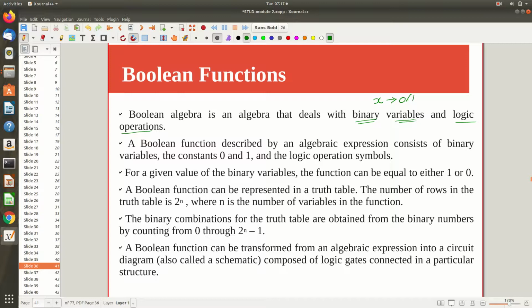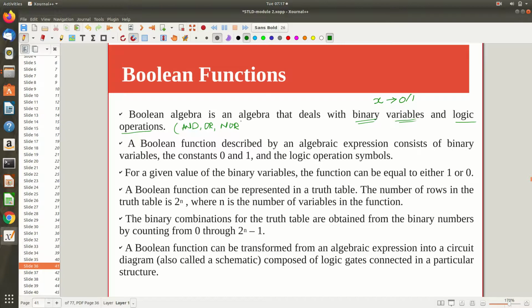So at any point, right? In the normal case, if I'm saying it is a decimal variable, it can assume any decimal number, but here any binary bit will be assumed by the binary variable. Now what about the logical operation? So this AND operation, how it is working, OR operation, negation operation, these many things we saw so far, and in a similar way we may define in future, like XOR, NAND, and other operations.